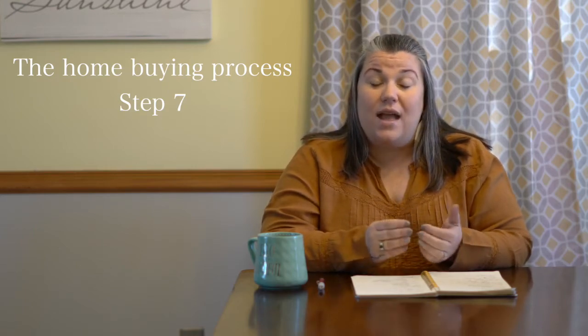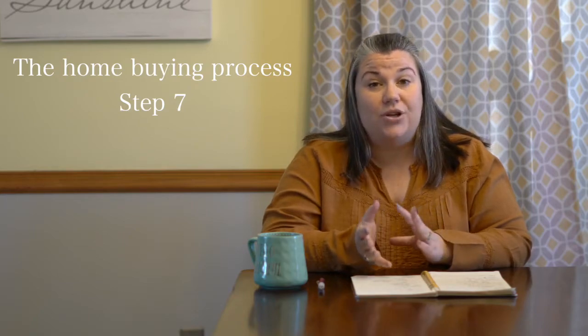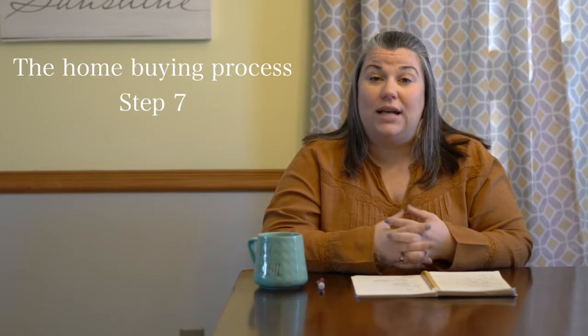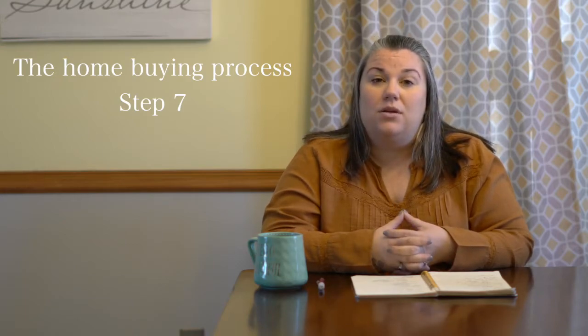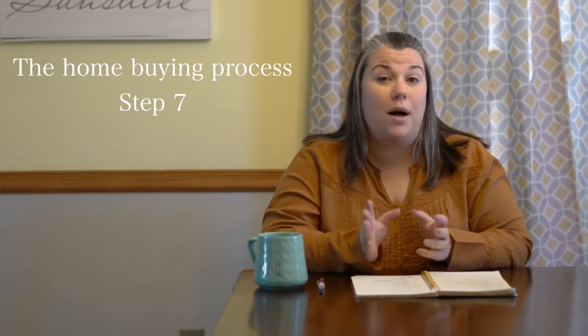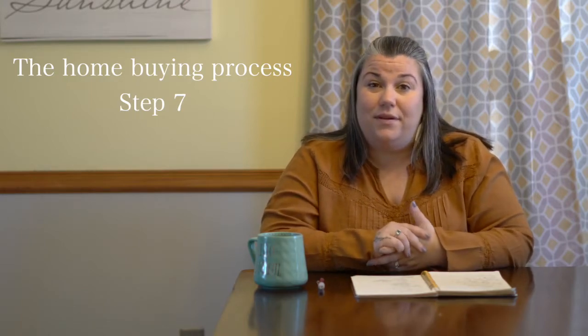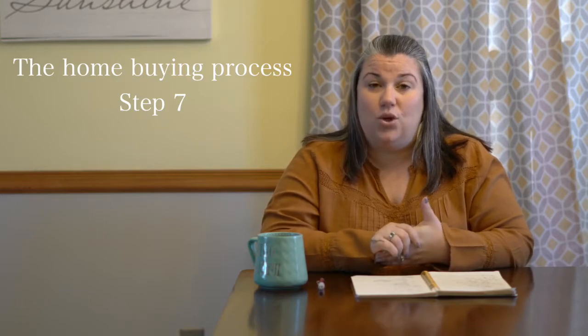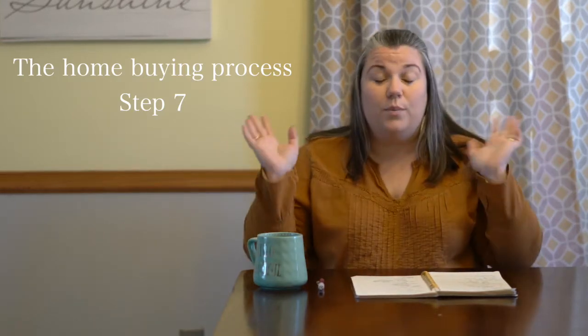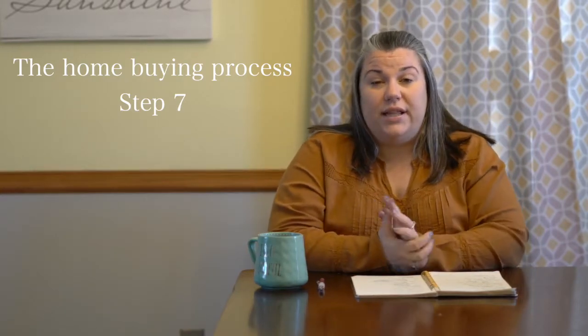And remember, that information is valuable to the lender because it's a measure of the risk of what they're lending you to purchase the property. So 9 times out of 10, there is no problem. And it just happens. And then you as the buyer get the report that says, yes, it's worth this. Go ahead, we're moving forward. Unfortunately,